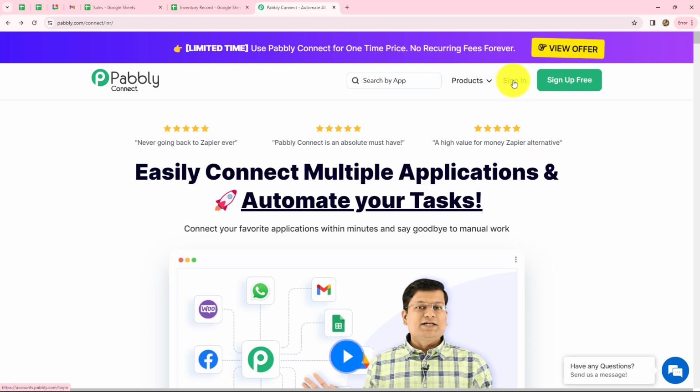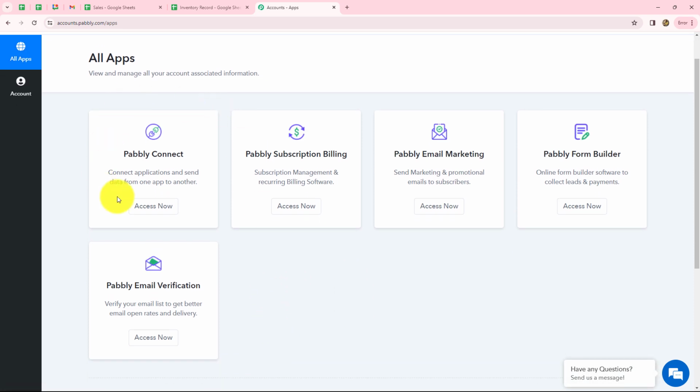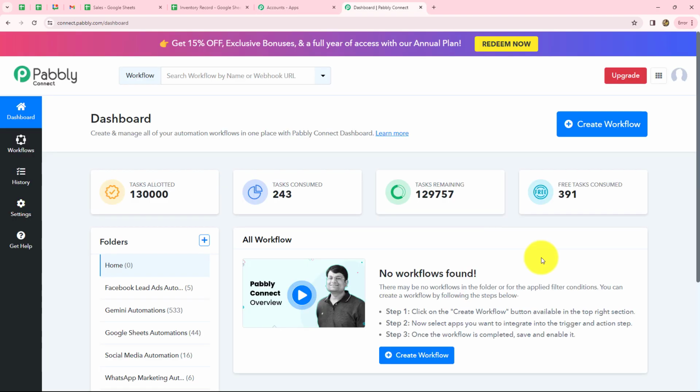Now, as an existing user, I'm directly clicking on sign in. This is the all apps section where we can find all the products which are offered by Pabbly. To create this automation, we are going to use Pabbly Connect. So let's click on access now. And it has taken us towards the